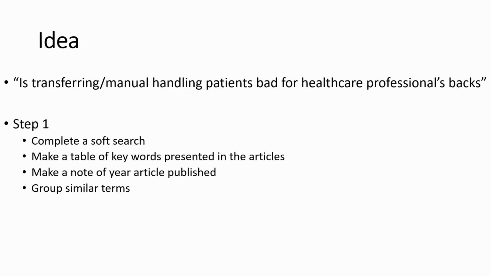As an example, I will be using the hypothetical search: is transferring or manual handling patients bad for healthcare professionals' backs? The process is going to be looking at some examples from a soft search, making a table presenting the keywords that are used in the articles, a note of the year in which the article was published, and grouping of similar terms. So to start this process, what I did was I just used Google Scholar